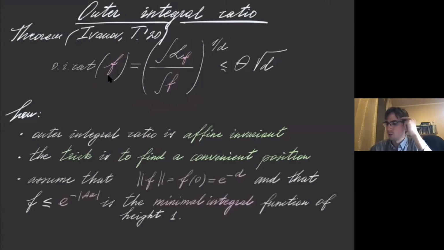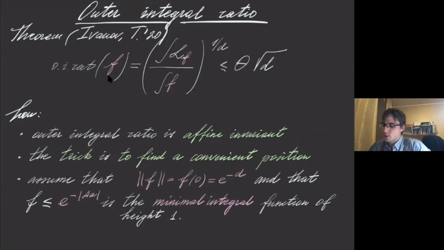Next, I'll explain what the convenient position is. You can move your function f in such a way that its maximum is attained at the origin, and scale it in such a way that the maximum is e to the minus d. These are just technical details,